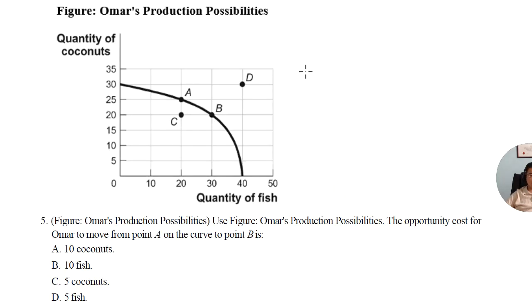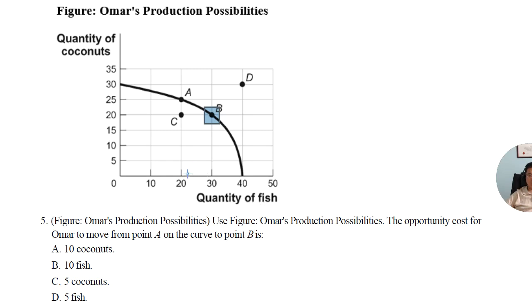Okay, now let's look at question 5. This is Omar's production possibilities. Again, a bulging out production possibility frontier. Using the figure of Omar's production possibilities, the opportunity cost for Omar to move from point A, this point on the curve, along this curve to point B is,